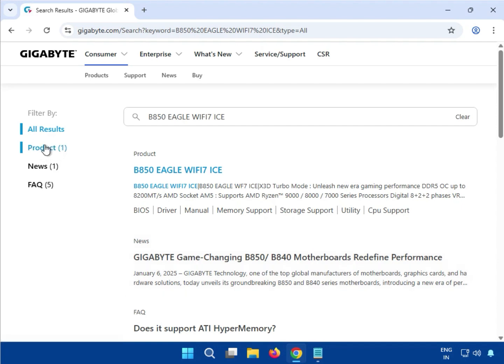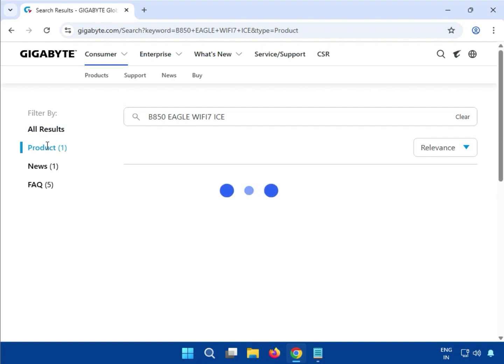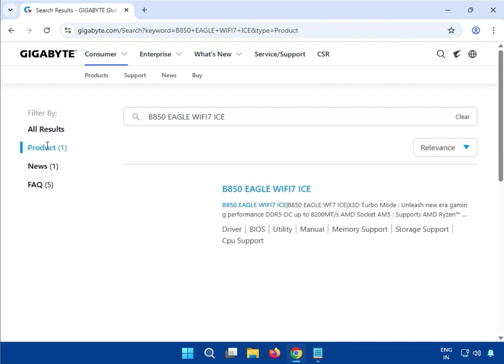Click on product, click on B850 Eagle WiFi ICE,